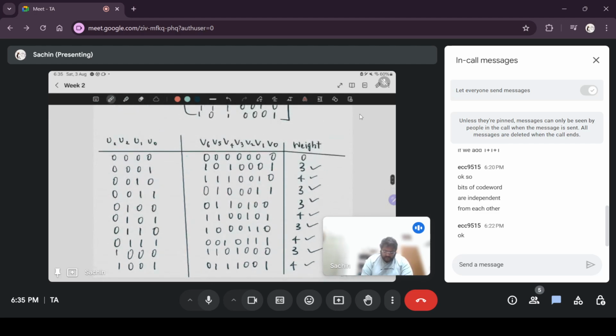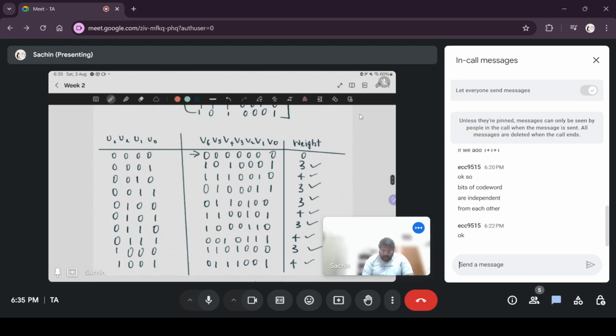So suppose you send this code word full of zeros, and an error occurred in the first, third, and seventh bits, and an error did not occur in the other bits. Then what will happen? The bits with errors will change to 1. But there is no error in the remaining zeros, so they stay 0. Now when you get this at the receiver,